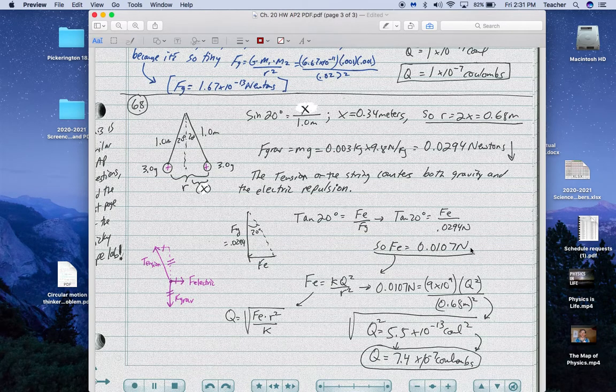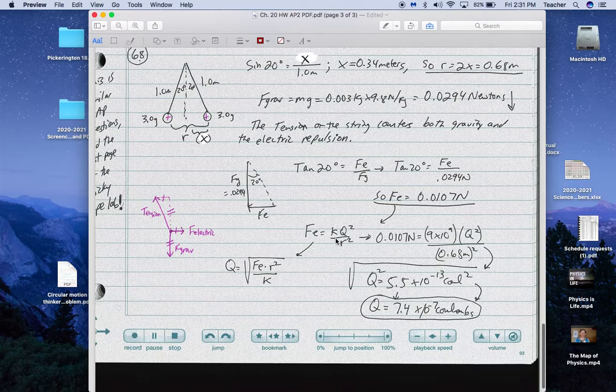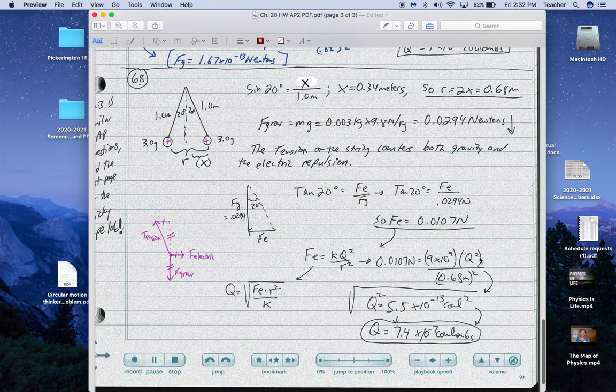So as it turns out, the electric force here is 0.011 newtons. All right, so this then, 0.0107 newtons is the electric force. So now I can go back, put it into Coulomb's law, do an algebraic rearrangement. Again, I think we did this in class. Solve for q, with the force here equal to k q squared over the distance between them squared. So in this particular case,